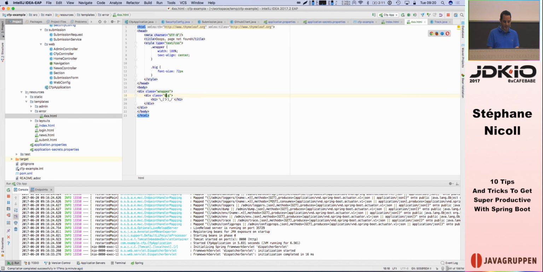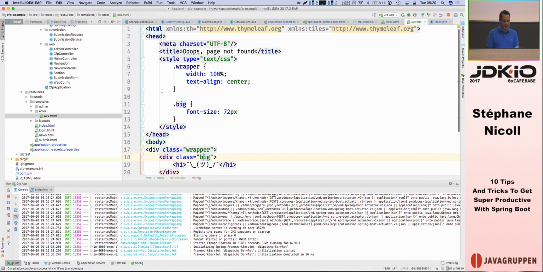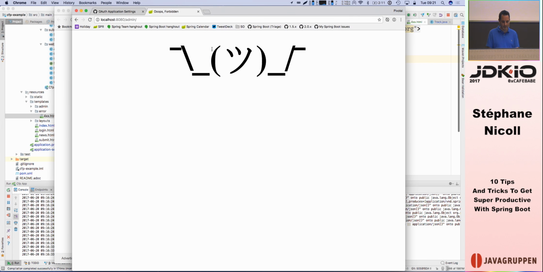Remember, it's a template. So because it's a template, I get to write whatever I want. So what I could say is something like, and pass some information that's in the model. And I'm missing an equal sign there. Usually I always get this wrong, so if that doesn't work, that's because I got something wrong. So let's see. Okay, here we go. So if you can read that, it's "oops forbidden" now,